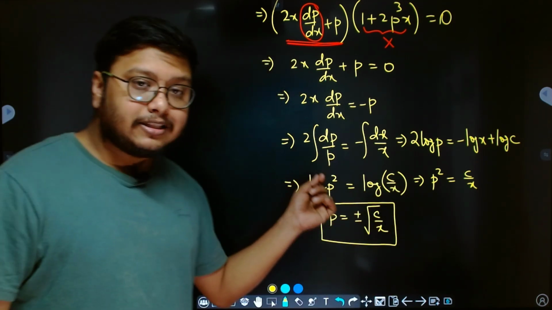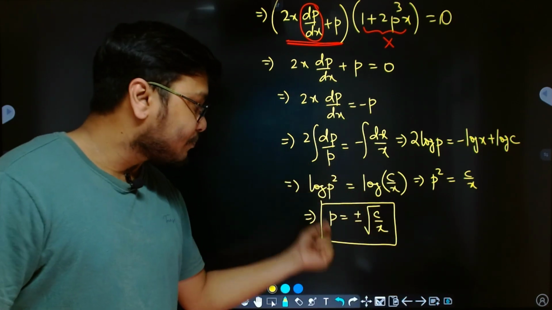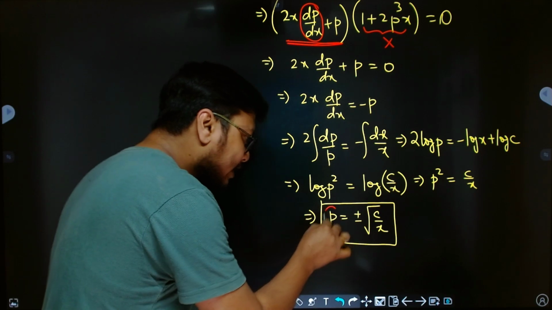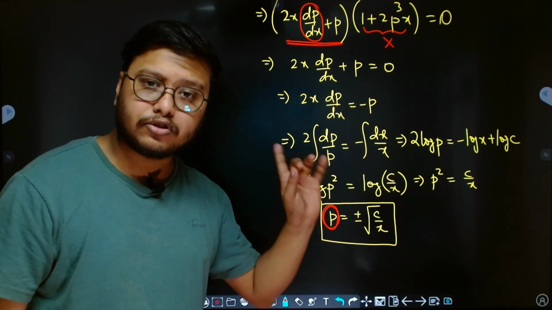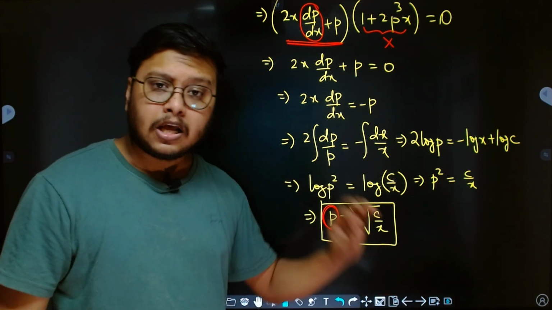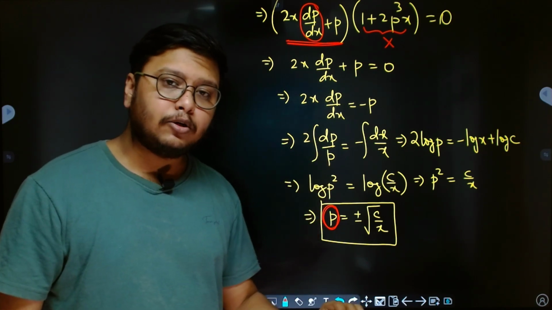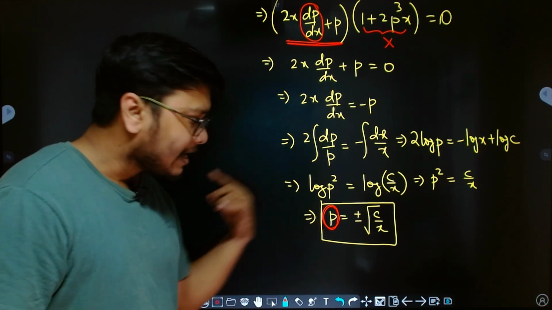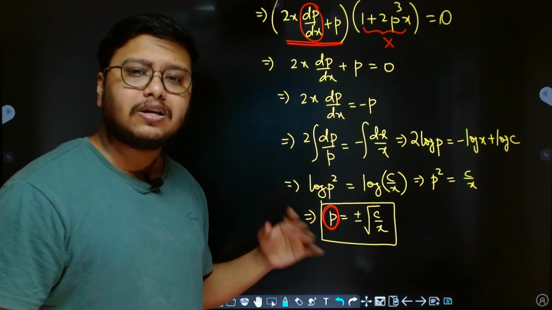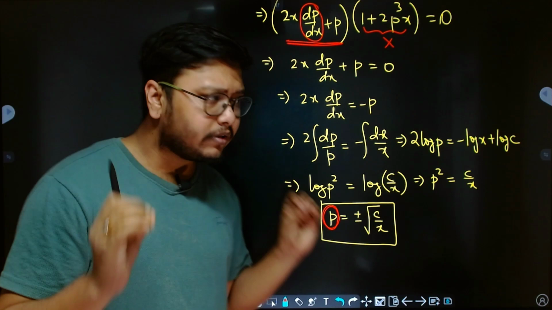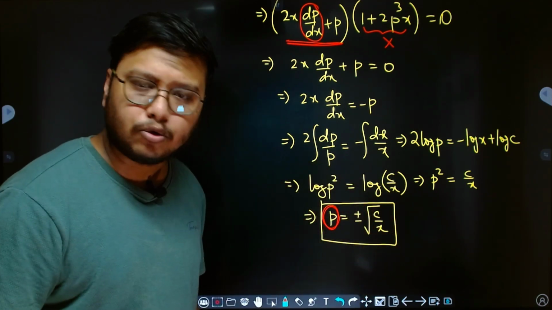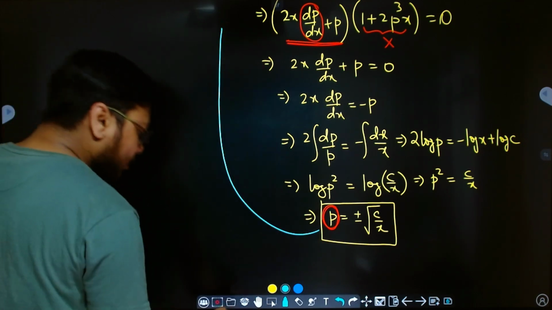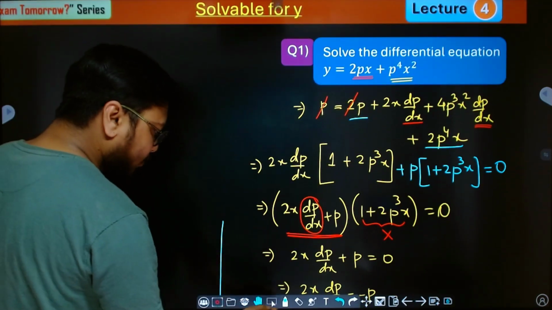But remember, this is not our final answer because p means dy/dx. So we still have a derivative left because p itself is a derivative, it's dy/dx. So obviously this is not our final answer. Now the major mistake that people do from here is that they write dp/dx as dy/dx, then again try to solve the remaining differential equation. Well, we don't have to do that. Now the moment you've got the value of p exclusively, just take this value of p and go back to the original question,